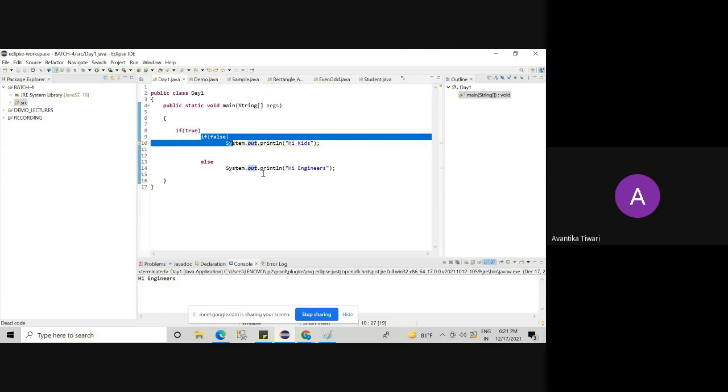The else block belongs to the nearest if block.